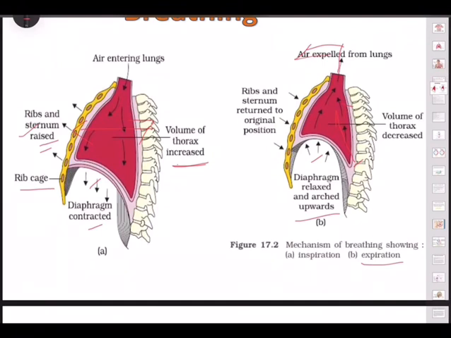So inspiration is an active process as it is the result of muscle contraction. Expiration is a passive process as it is the result of relaxation of muscles. So I want you to practice this route of oxygen and route of carbon dioxide. Draw these diagrams and post it in